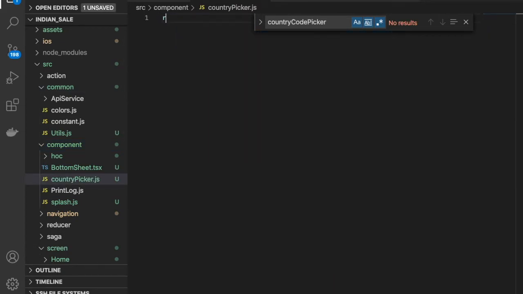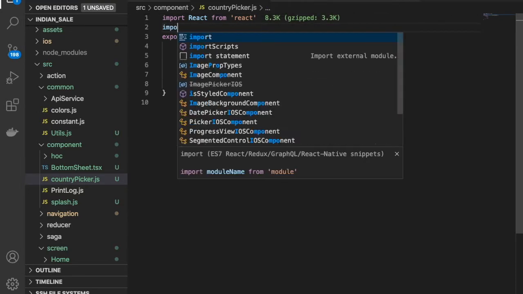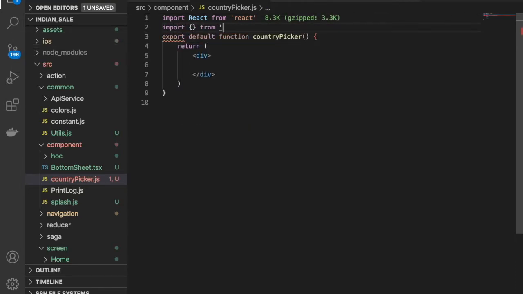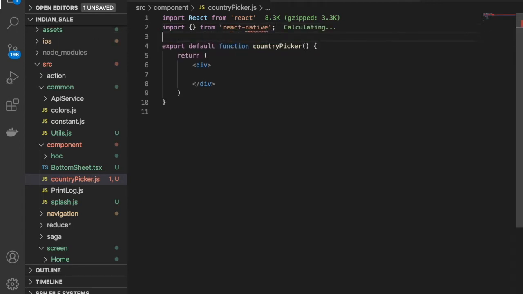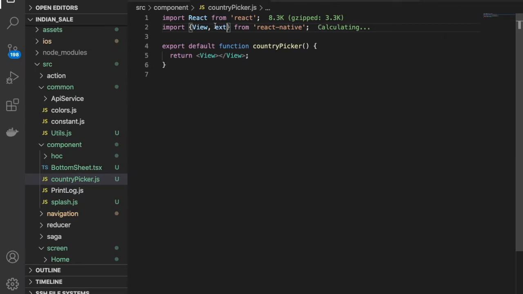All right, we have to import something from React Native. This will be the view, and then view. So we have to import view and then text. Correct.